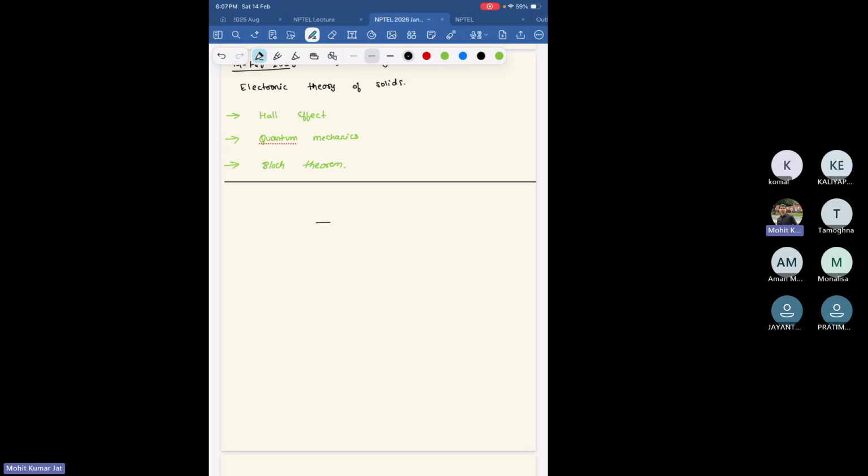Hall effect is nothing but if you have, let's say, a semiconductor bar in which you apply a potential with the battery B, and this is your point A, this is your point B, and similarly you can have point C and D also. So when a magnetic field, let's say a penetrating magnetic field B, is there, which is perpendicular to this bar. So in that case, for B equal to 0,